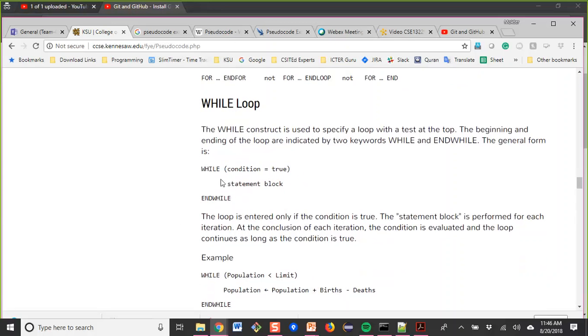For instance, while x is less than 5, then you will print x. If you started x at 0, then you say while x is less than 5, print x.